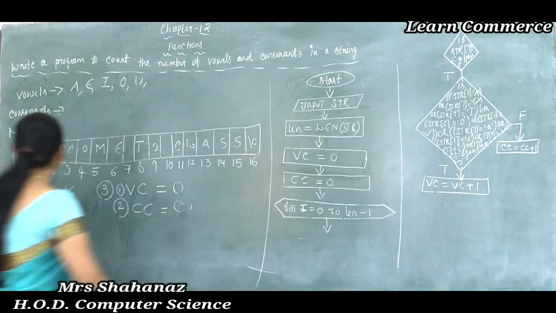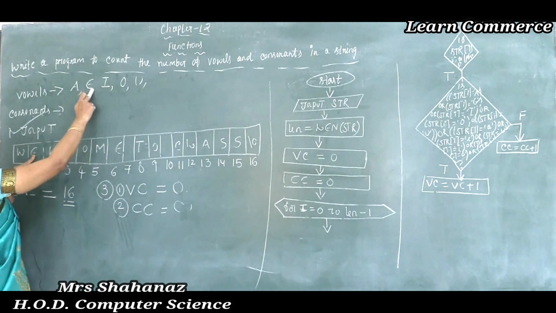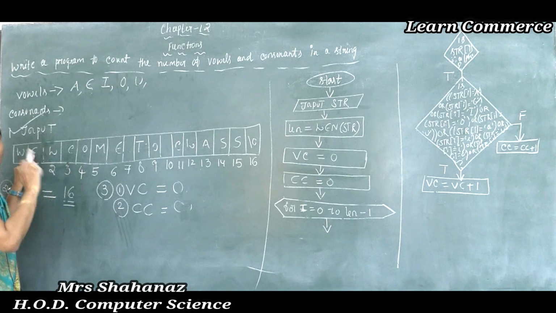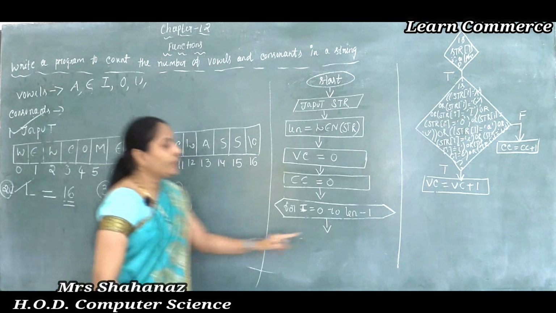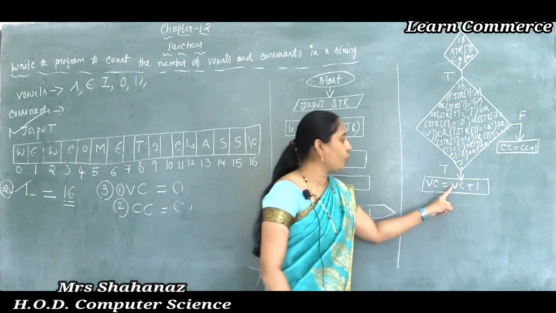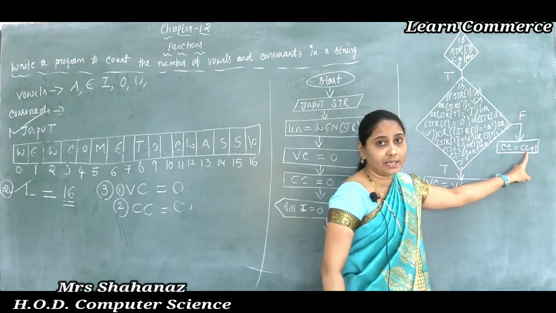And later when you access the second character, the E character is going to match with the vowels. After that, the VC value is equal to 1. Correct? It comes under the VC. So now the VC value is equal to 1. So depending on the character, it is going to add to the VC or to the CC. Clear this point here?